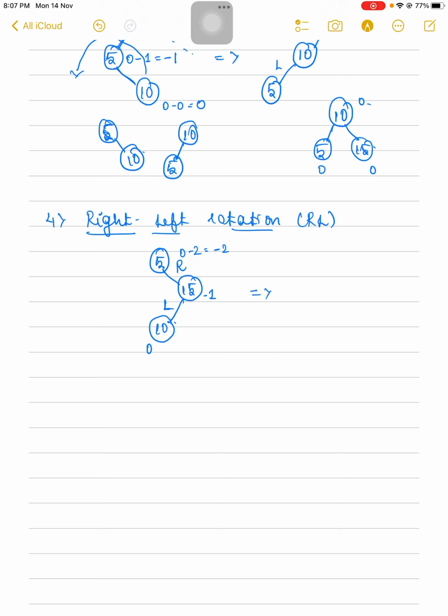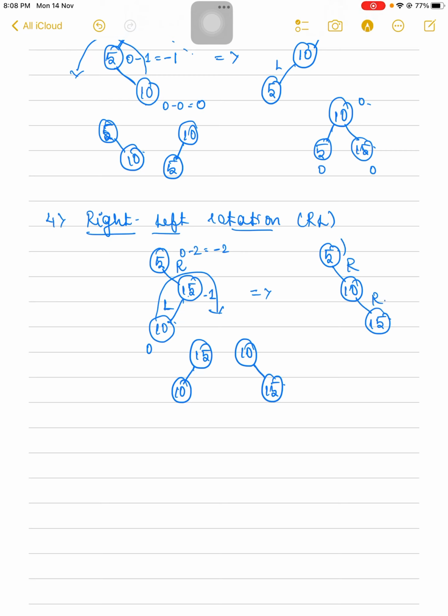So when it comes to right-left and left-right rotation, we are supposed to make a total of two rotations, right? The very first is flipping it. So here 15 and 10, we are supposed to flip it. When we flip 15 and 10, it will become like this, 10 and 15. After flipping it, 5 will be here in the same position only, right? So now it is going to be right, so you just perform right rotation. So now 10 will be here. When you pull 5 down, 5 will come over here,